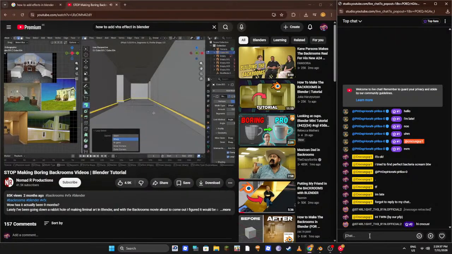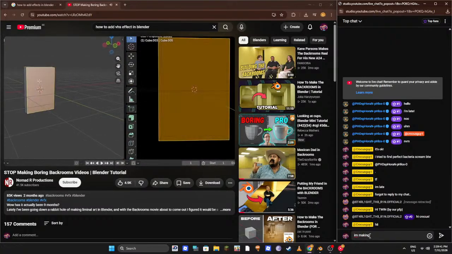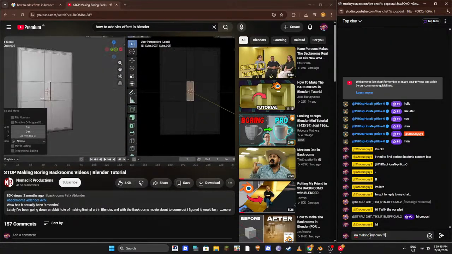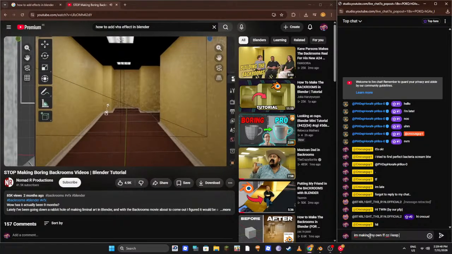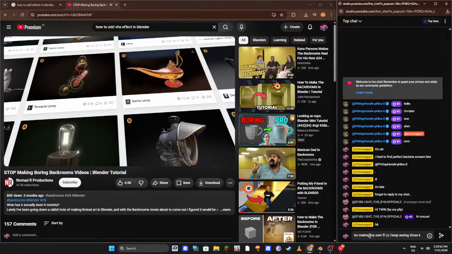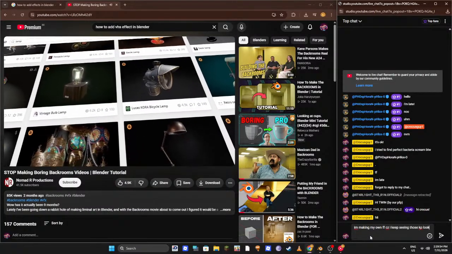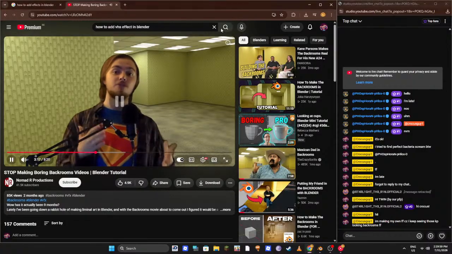On that note, while you're modeling things, add a lot of small details. You can really easily model stuff like light switches and outlets and vents on the wall, things like that. They don't take a lot of time to model, but they add a lot of detail to your scene. And if you're not the most confident in 3D modeling, you can also download a bunch of free models on the internet. Like I downloaded this lamp and picture frame for my scene, and this is also where looking at your reference